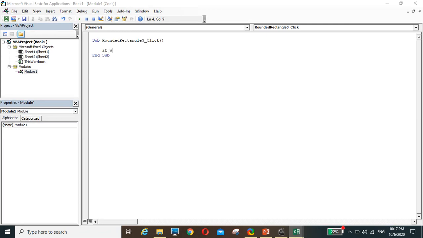If worksheet, sheet 1 dot range F1 dot value equal to M. Okay, then equal M, then worksheet